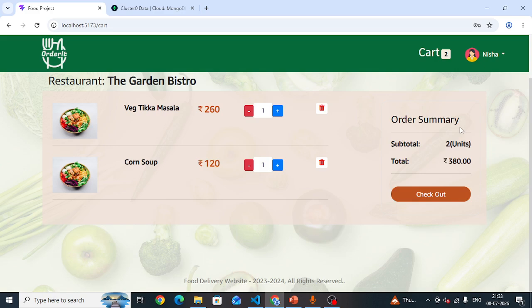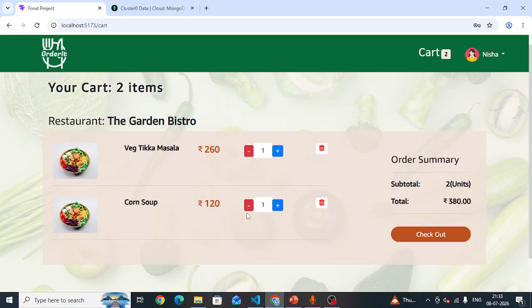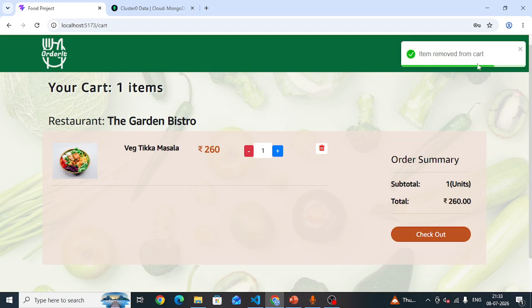So this is the order summary. If I delete any food item from the cart, click on this button. So the item will be removed.